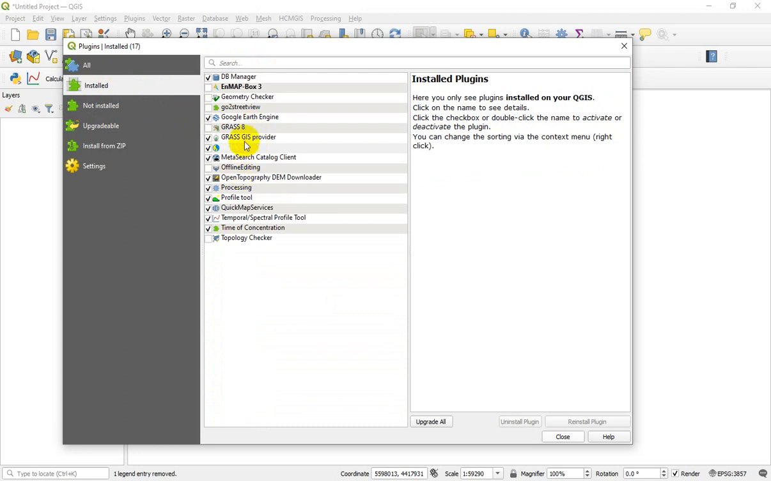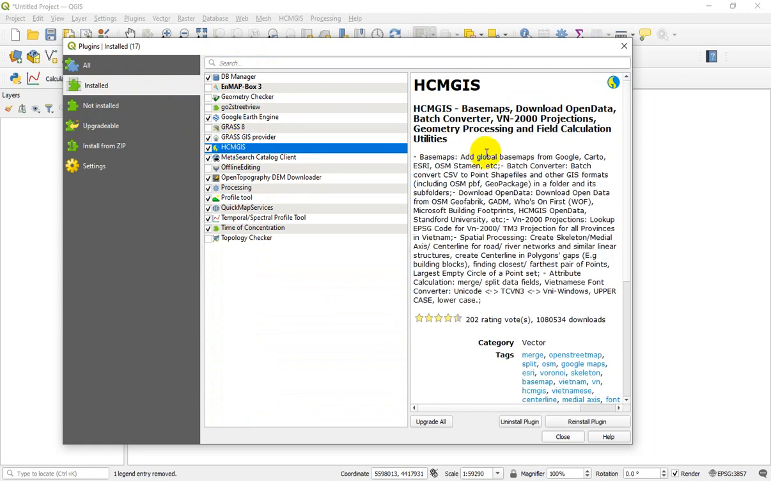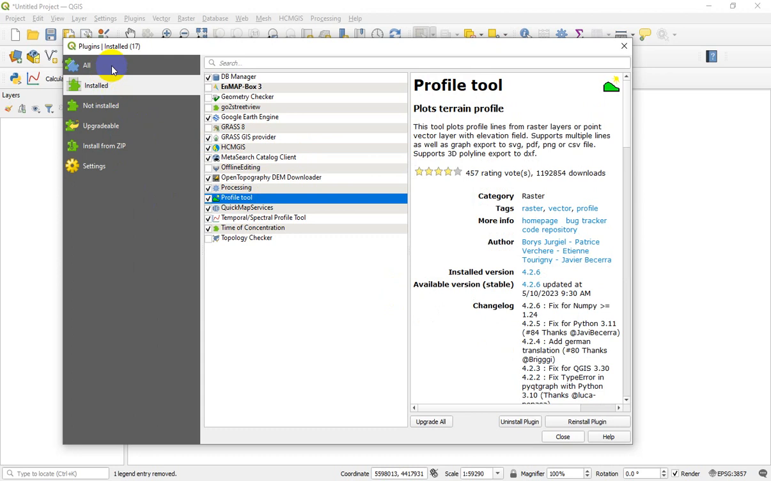Let me find it again. Okay, HCMGIS. This plugin loads different base maps, open data, batch converter, and other map sources from different sources. Okay, first of all, install this plugin, and then you should search and find the other plugin with the